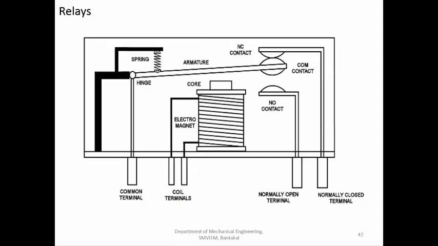Also, since the coil terminals can be operated at lower power rating, whatever sensor signals are there, we can straight away give it to the relay and we are going to get the switching action taking place. So depending on the sensor signal, we can very easily operate the switch. So sensor is separate, the switching element will be separate. So most of the times a relay is a switch that is used.